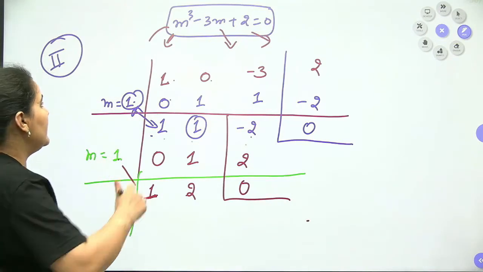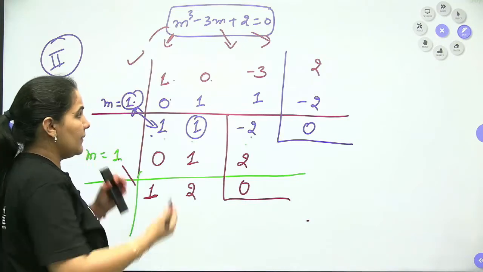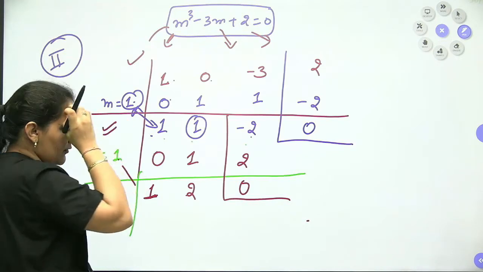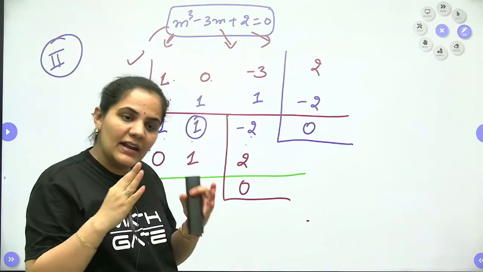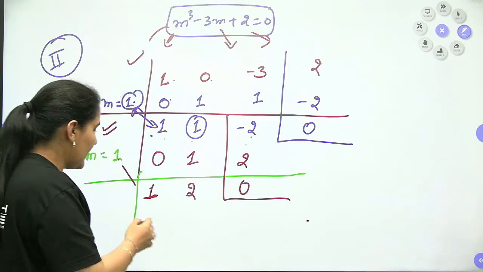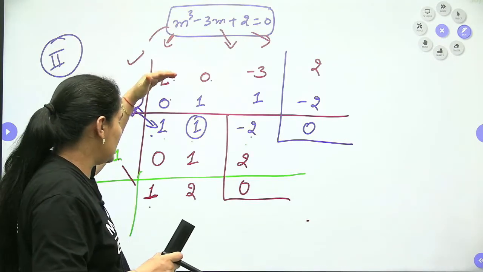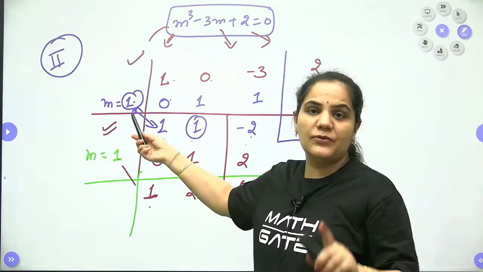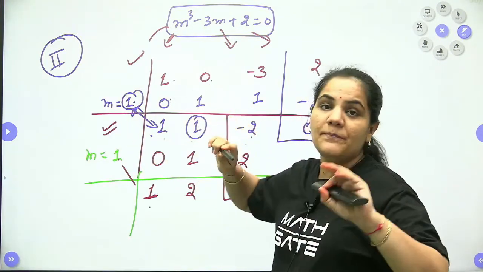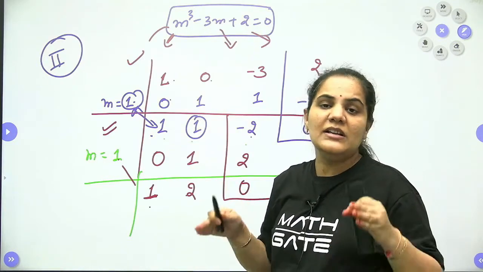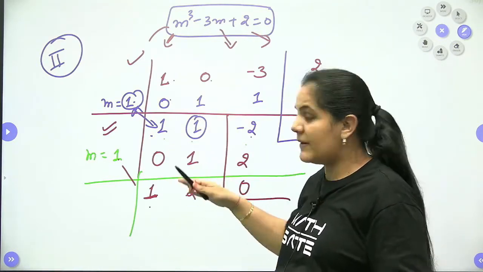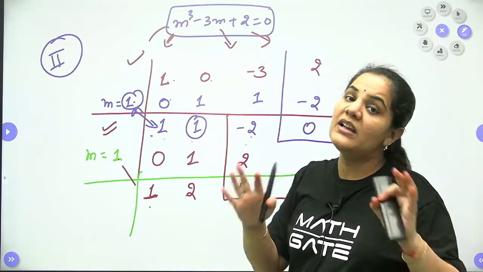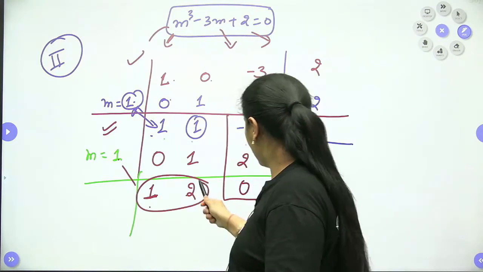Okay, remember one thing. We started with the cubic form. Then after the first step we got the square term, and after that we got the linear term. So whenever we have the first step completed, it means we are done with the cubic form. When we have the second step completed, it means we can go for the square term. And when we are completed with the third step, it means we are done with the linear term. So that's why here we are having the linear term.